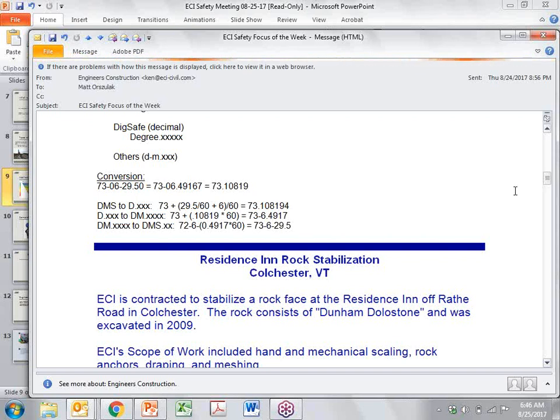So, Cam, on the DigSafe, they'll take the coordinate, but none of their field guys have GPS machines or GPS handhelds, so it doesn't do any good. They must locate it on their map, and then just go by the nearest street and everything. Exactly. It just seemed kind of foolish to give them coordinates when the field guys don't have any machines to use it with. But the DigSafe operators have no idea about this stuff, so if you need help from the DigSafe operators to convert, you're out of luck.